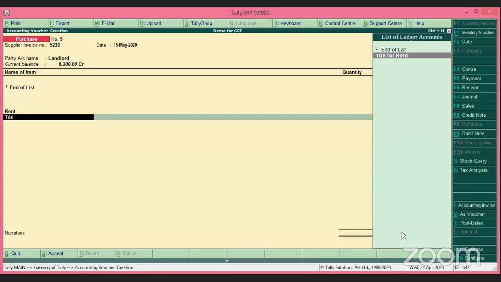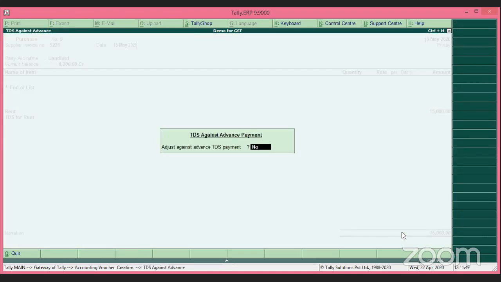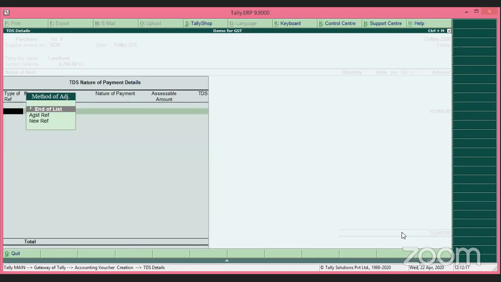Now, if you put the TDS for rent, you have to be very careful. You will be getting the screen. A small menu will come. If you skip this entry, it calculates the TDS for the full amount. So before going very fast, or if you do any data entry, when this screen comes, don't skip it. What you do is put yes and get into this. You can see a screen